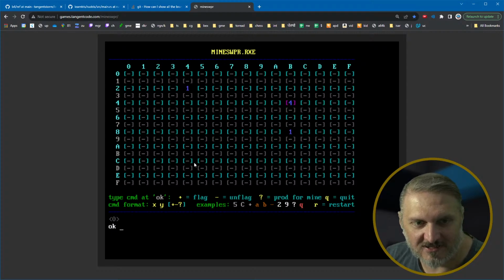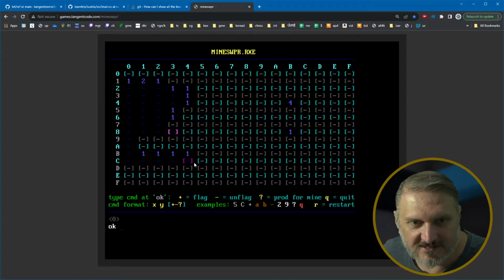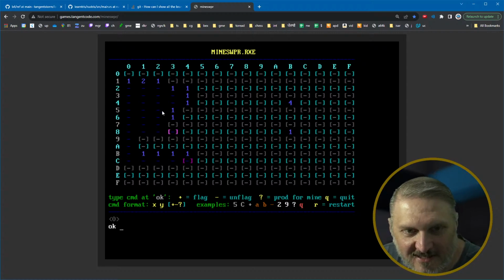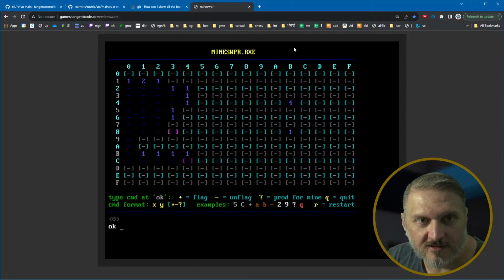There you go. Just all kinds of mines over here. 4C question mark. There we go. Okay, so it does a little flood fill. There's actually a bug in here, and I never was able to track it down. The code is really fun, and in fact, it's up on